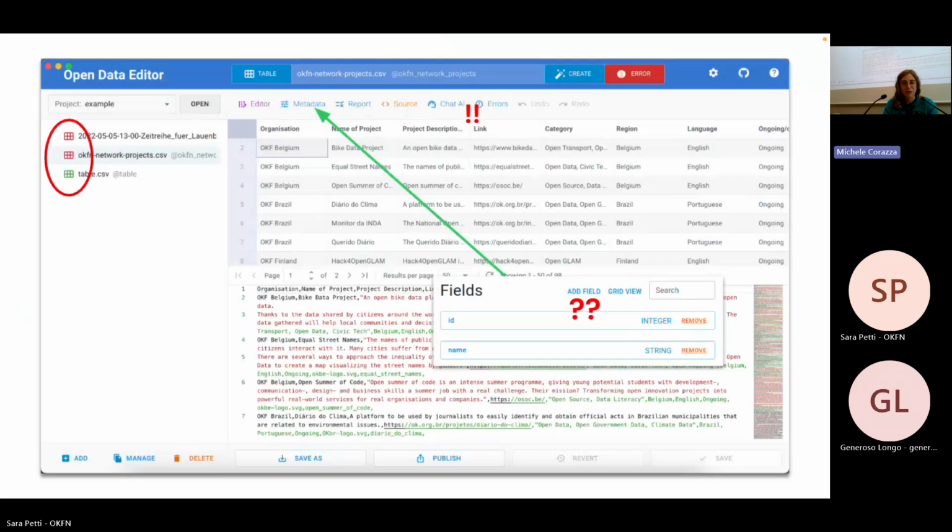Interacting with those communities, for example, we understood that we had this, we thought, very clever way of marking when a data set contained errors or not. Terrible from the point of view of accessibility, and apparently no one noticed it either. So it's something that we got rid of. A lot of people reported that the ability to edit the metadata was actually quite scary for them, because a lot of people don't know what metadata is, and whenever they entered and saw this giant grid, they just thought, if I touch anything here, I'm just going to break my data set, so I'll just ignore it and pretend that it's not around.